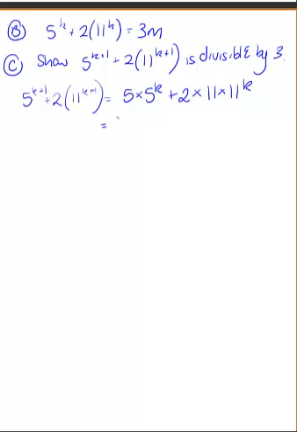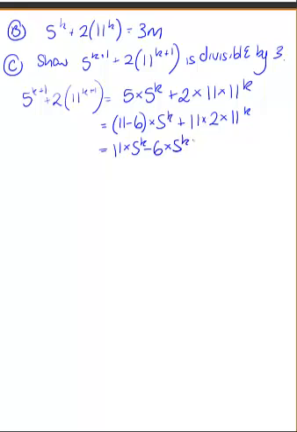So I can rewrite the 5 as 11 minus 6. Then that's 5 times 5 to the k, plus, rearranging what I have here, I can have 11 times 2 times 11 to the k. So I just made the order different. Now let's split this up by expanding the brackets. I have 11 times 5 to the k minus 6 times 5 to the k plus 11 times 2 bracket